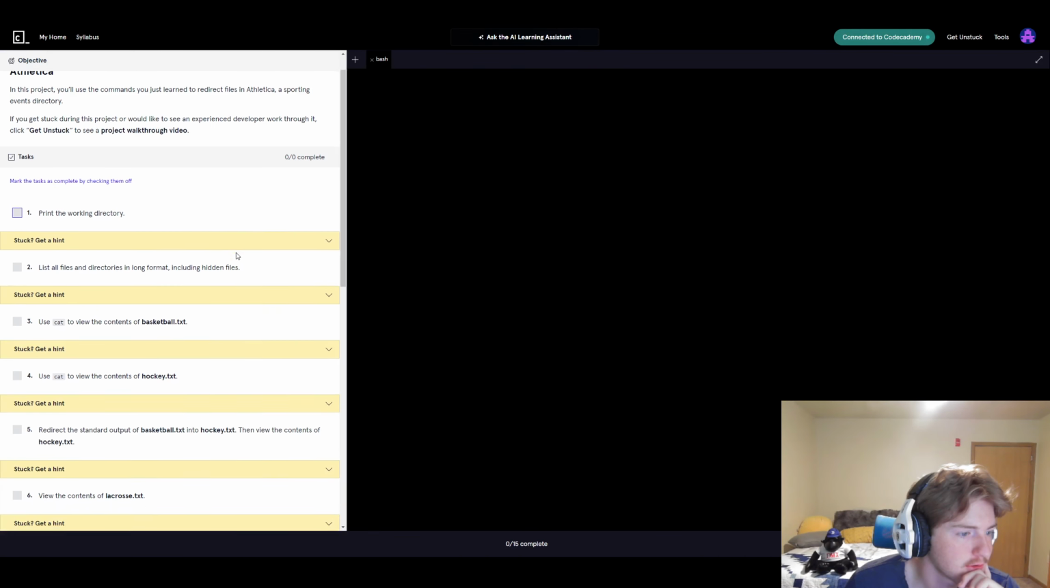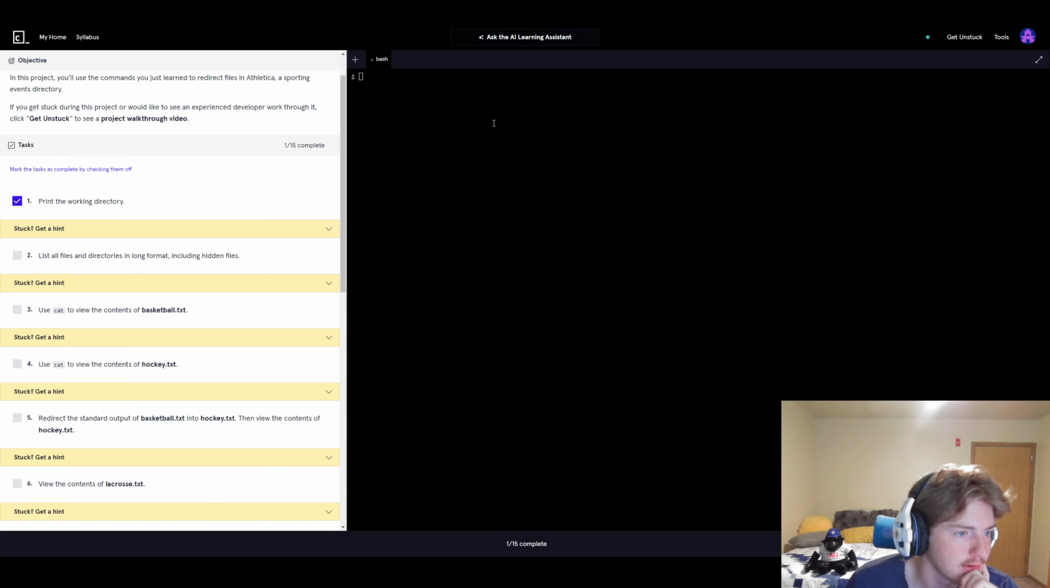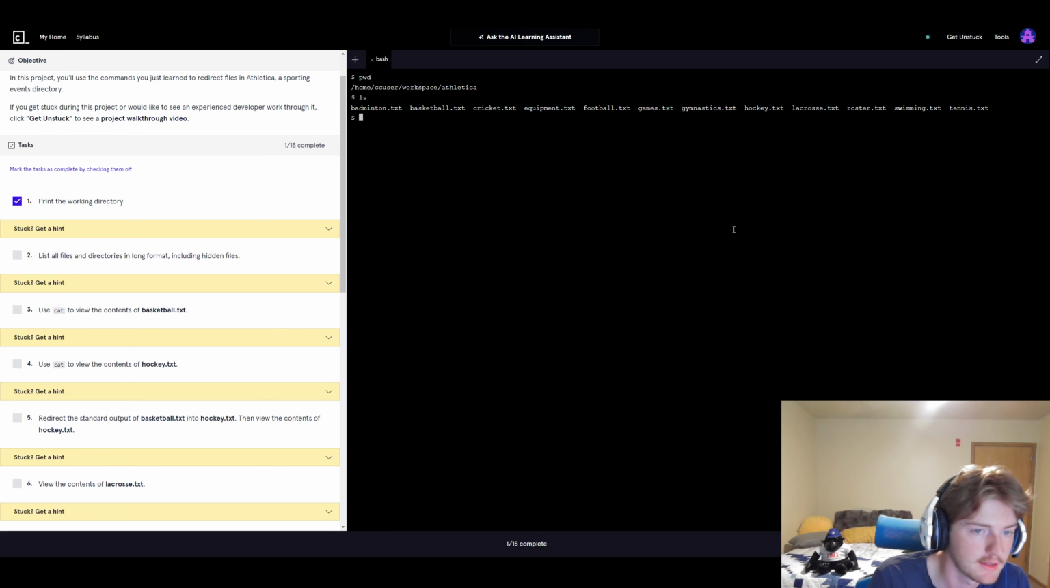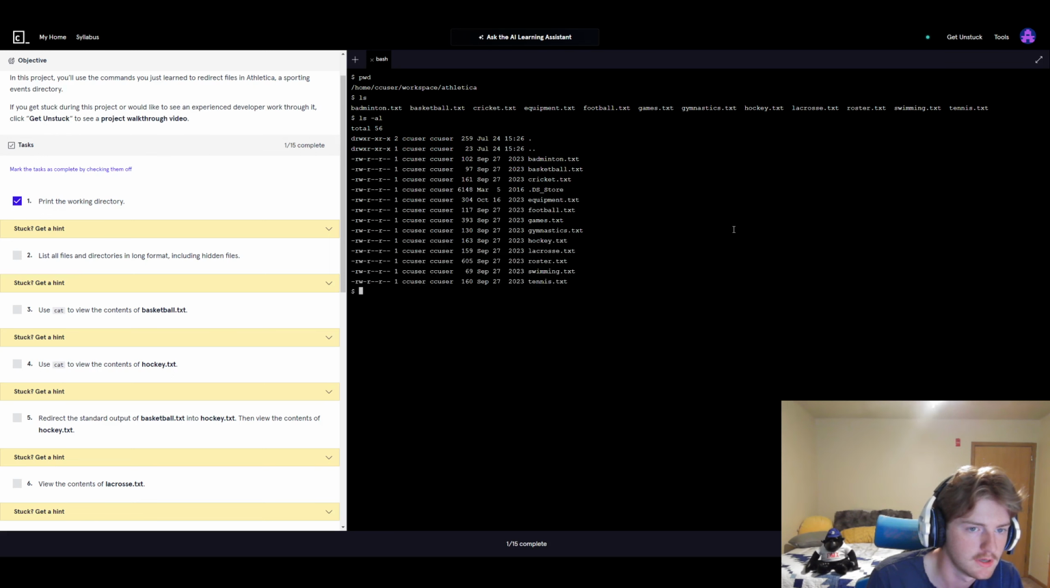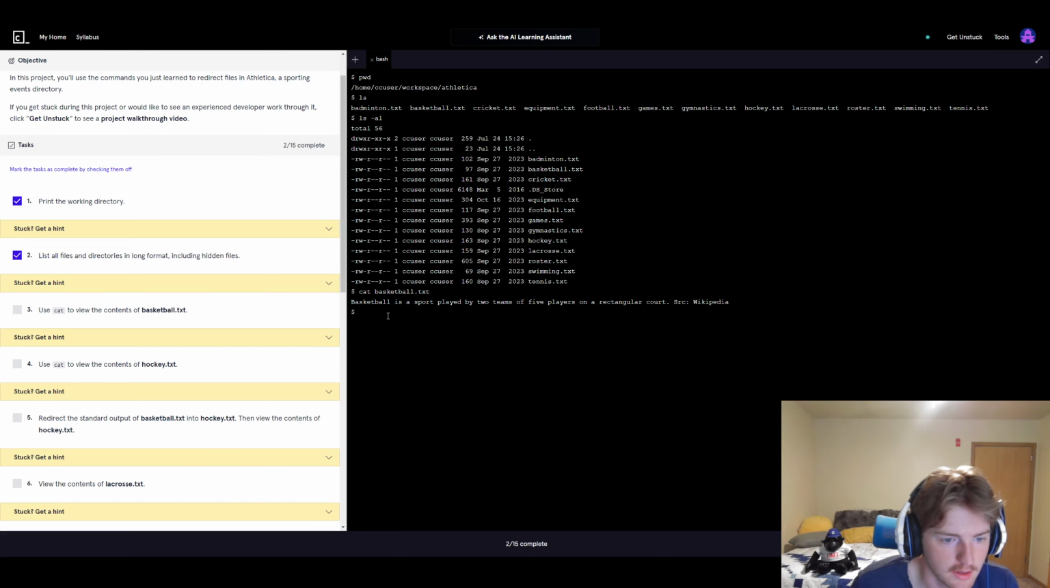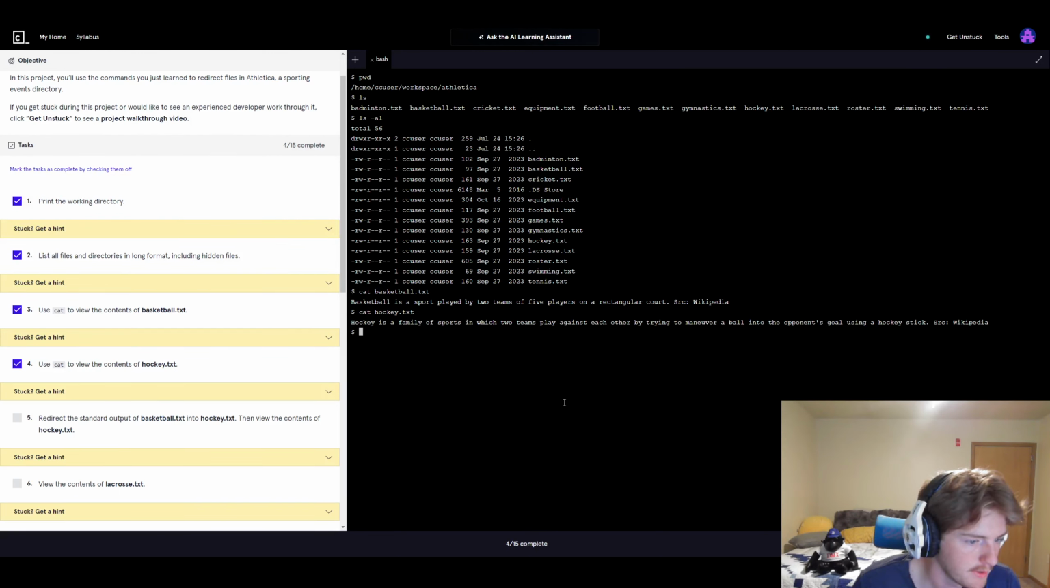All right, we got an objective called Athletica. Print the working directory. So we can print our working directory by doing pwd, list all files in long format, including hidden files. We can see there using -al. We can use cat to view the contents of basketball.txt. It looks like a string here. We can use cat to view the contents of hockey.txt. Another string. Redirect the standard output of basketball into